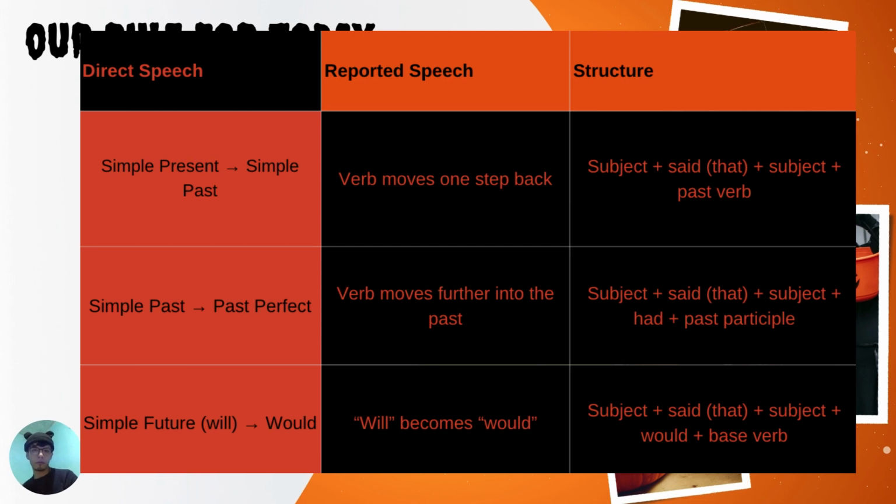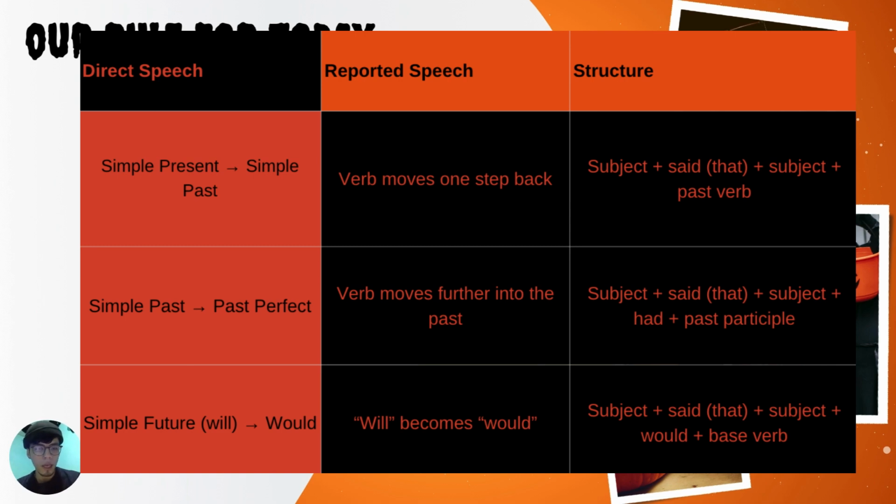Okay, so continuing with the next slide, we see the rule explained in here, which states that when we have direct speech in simple present, we need to report it using simple past. However, when we have the direct speech in simple past, we need to report it in past perfect.